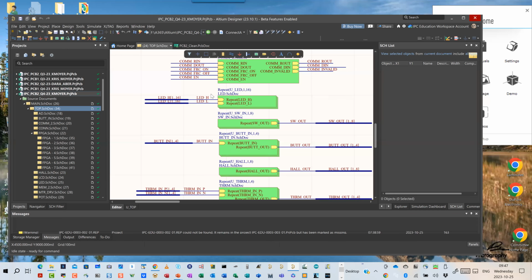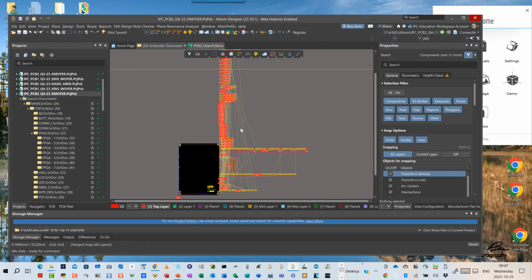and at this top page, I used the repeat command in Altium right here. And again, for those that are new, if you're interested in how I did this, shoot me an email. I'll be happy to do a one-on-one with you to explain this. I'm just giving you a high level here. I took advantage of the repeat command that basically said, give me 16 exact copies of that LED circuit. And what that does for me when I bring the parts in, rather than just dropping all 16 LEDs with all of their resistors in one big block right here,